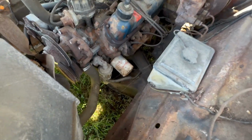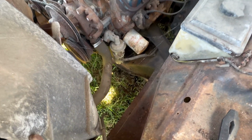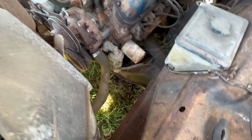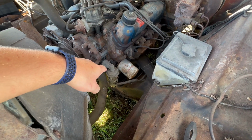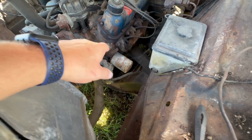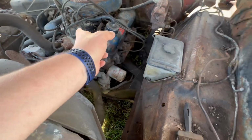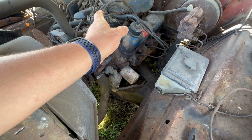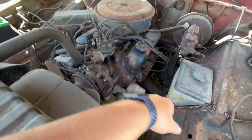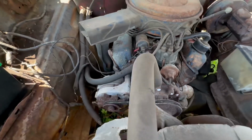But I just stopped by the parts store. I went ahead and ordered a fuel pump. It'll be here tomorrow. I ordered a distributor cap, be here tomorrow, and rotor button. I've already got a set of plugs because 2 of these